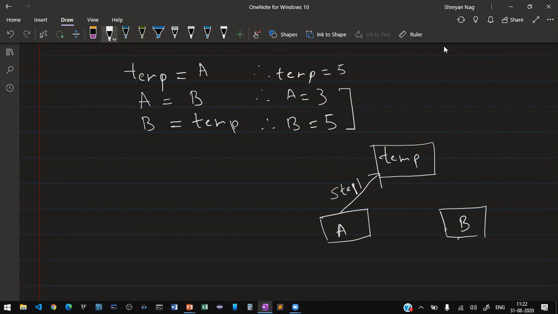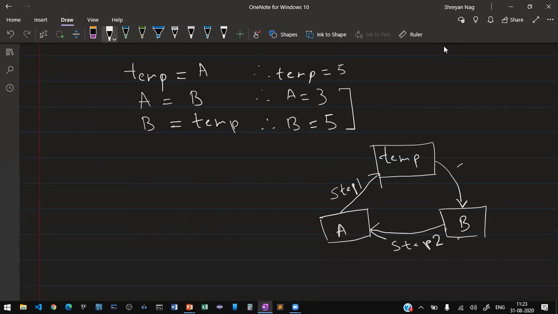Then b is getting stored inside a. This is step 2. Then the value of temp is getting stored inside the variable b.